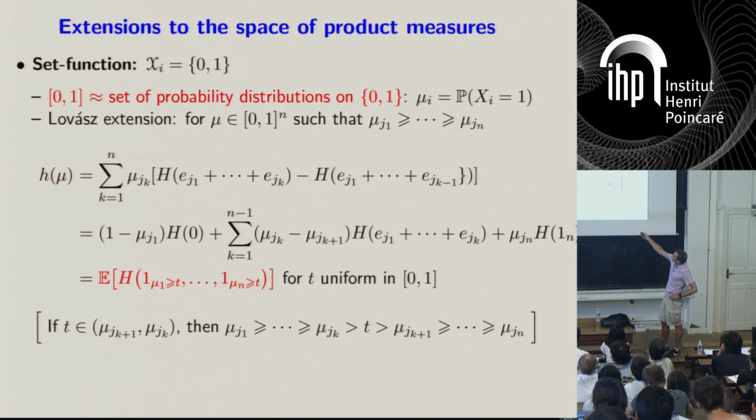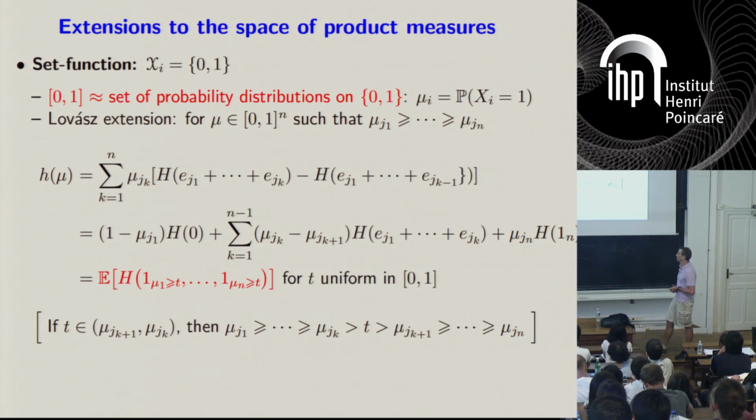To be exact, you first have to order all the components, which you do, and you're going to be in that set if mu jk is bigger than t and mu jk plus 1 is smaller than t. You have to hit exactly between mu of jk and mu of jk plus 1, and the probability that you hit that interval is exactly that value. I'm going to generalize this in a moment, but this is just a simple way to see the